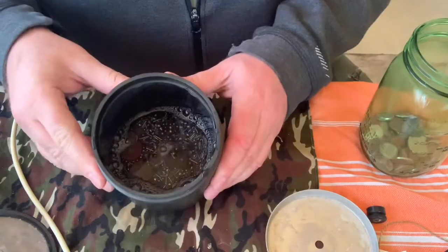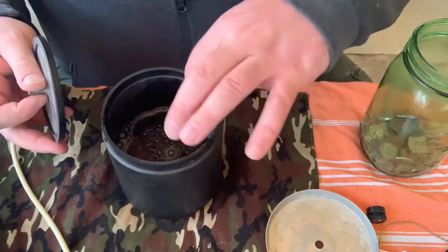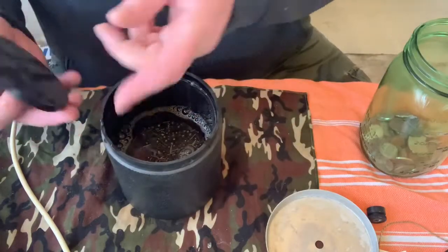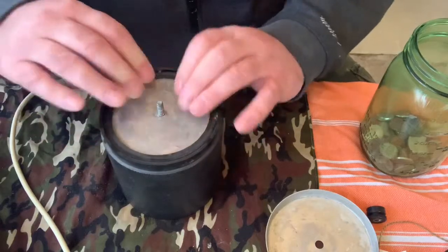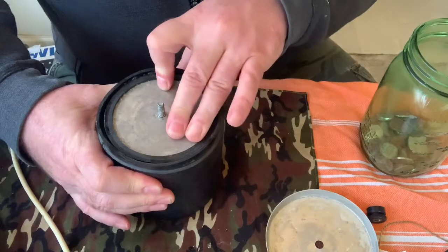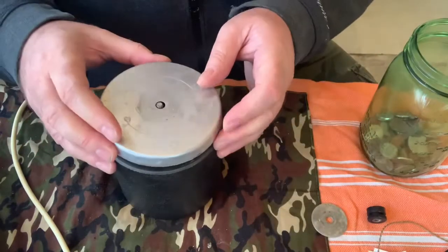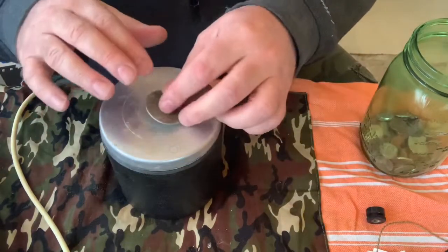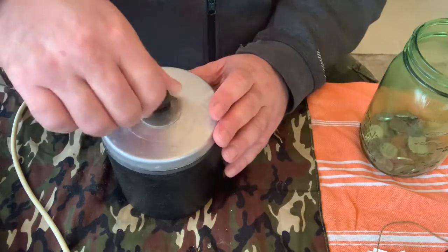Okay, so now we have our water and soap mix in there. Like I said, it's only a couple drops. I like to take a little bit of the soap mix, put it around the edge here, because this is your lid. It just goes on just like that. You can see there's already a little bit of pressure inside there. You take this, push it down, put your washer on, and